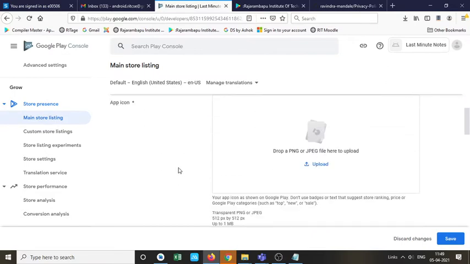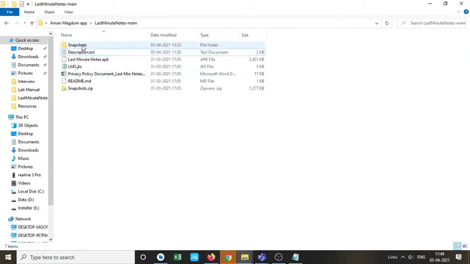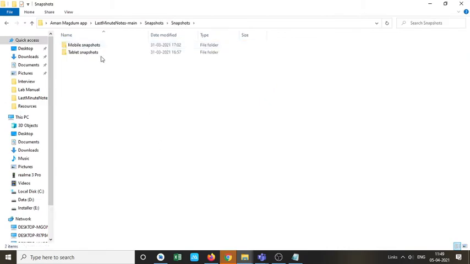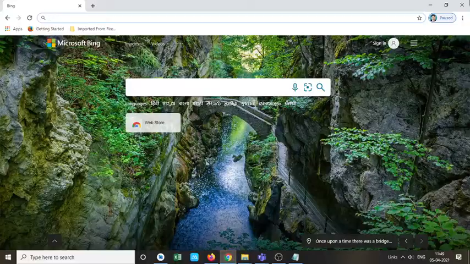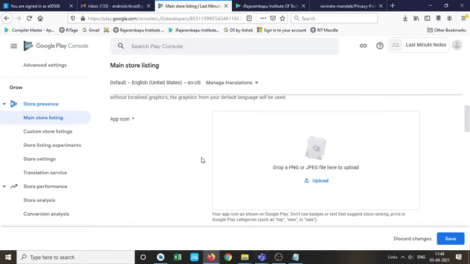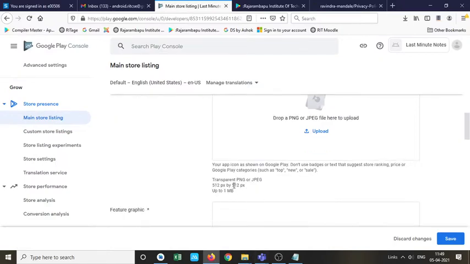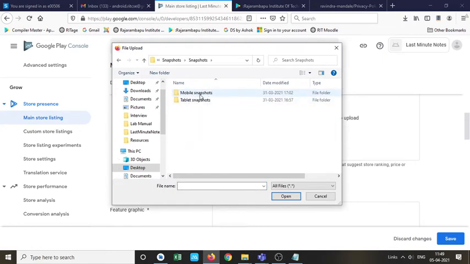Now the next thing is the app icon. You need to give the app icon. I think he has not given me the app icon. Just let me check. Here it is, he has given the app logo. Now for the app logo there is one condition. The app logo should have 512 by 512 resolution, otherwise it will be rejected. So let us check whether he has created that logo as per the standard or not.